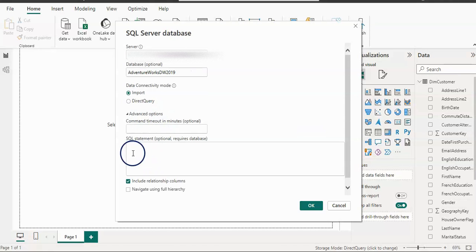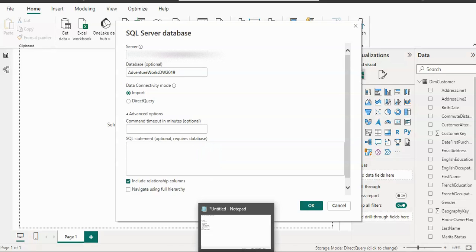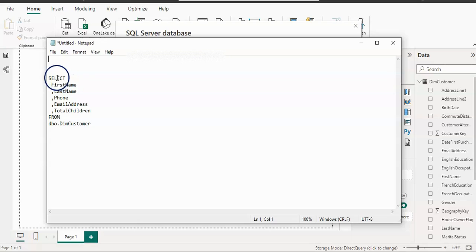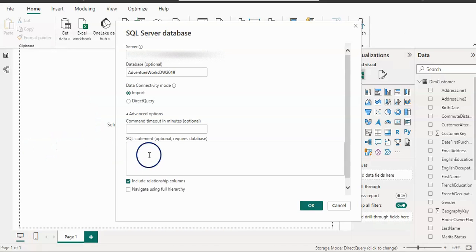Okay. So now in this option you can give a SQL statement. For example, if you wanted to get a specific table or tables, and you wanted to get specific columns or rows, not like this one entire table, in that case you can write the SQL statement here, and accordingly you will get the data. For this, you always need to give the database name here. Okay. So I have a notepad file here, and I already wrote a little SQL statement. It's simple enough to get only a few columns from the same table, the dim customer. Okay, so I'm going to copy and paste here,